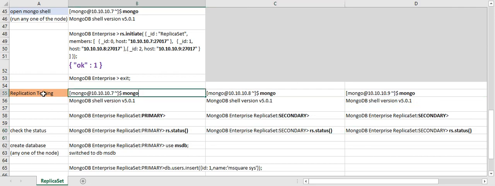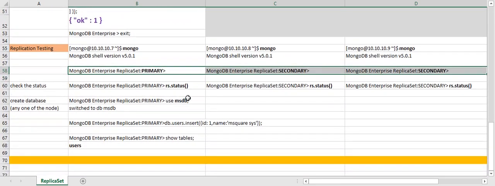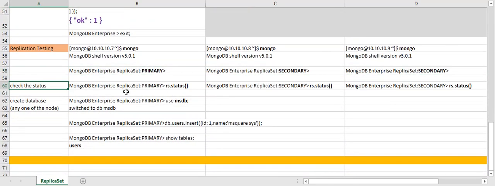This is the shell login. Just issue mongo, it will open the Mongo shell and show the version. Here you can see one will be a primary and the remaining two are secondary as per the replica set configuration. Once it is successfully done, this is the way it will show your console once you are logged in to the Mongo shell.